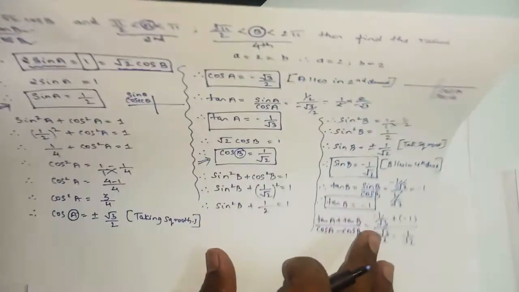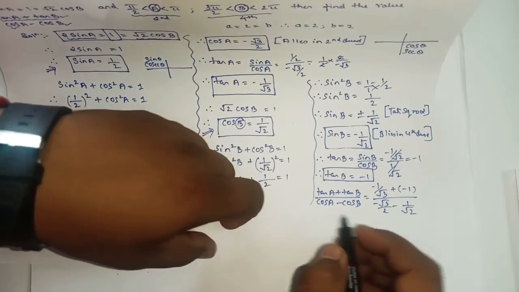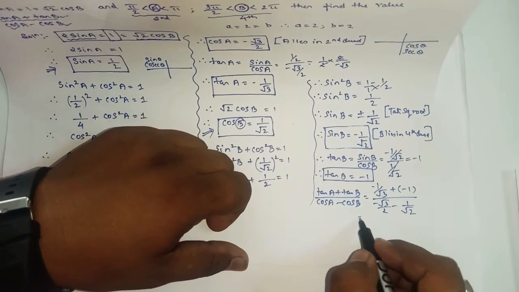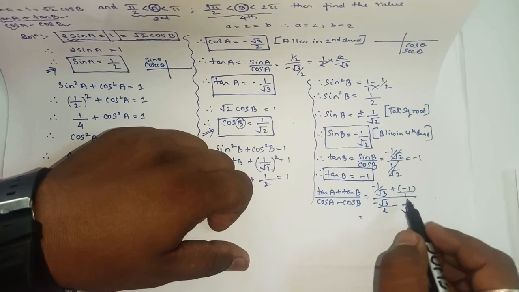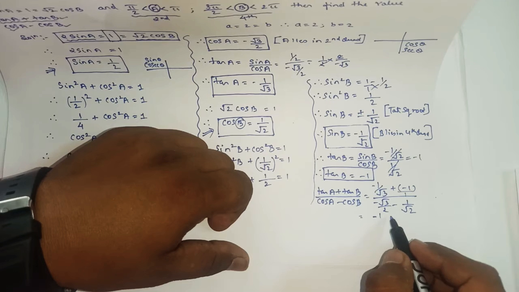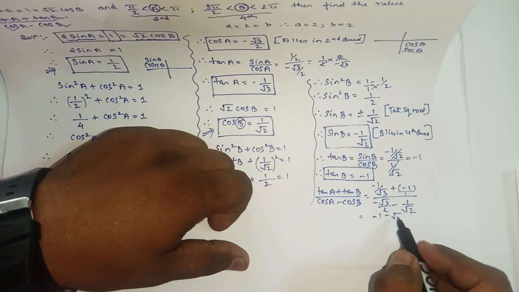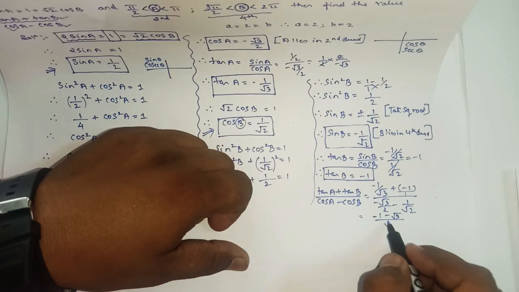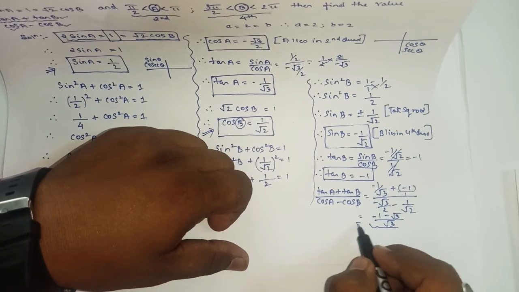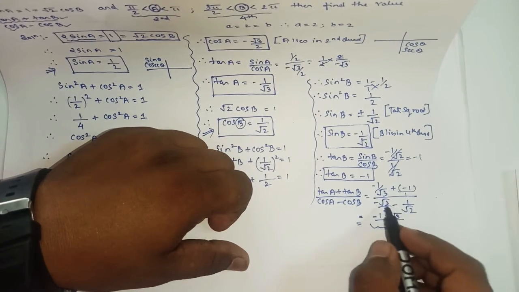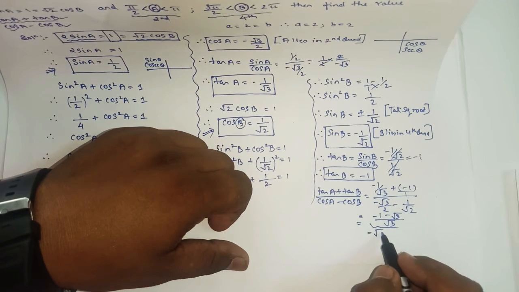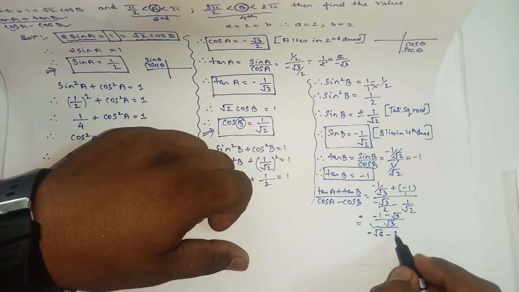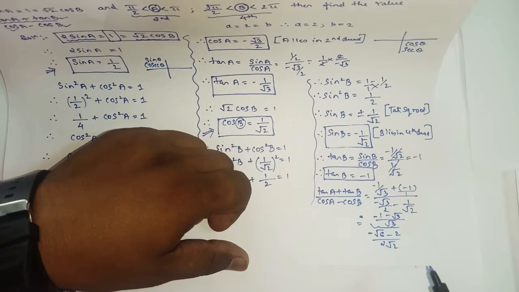Okay, after this, here we can do the cross multiply. So here you will get, here nothing is there, so we can write 1. So this will be minus 1 minus root 3 upon root 3. Yes or no? Here also when you do the cross multiply, you will get root 3 into root 2, it is root 6 minus 2 upon 2 root 2. Okay, so that is the final step.